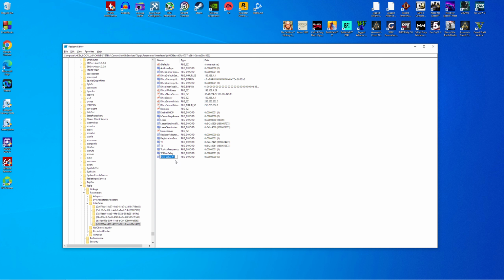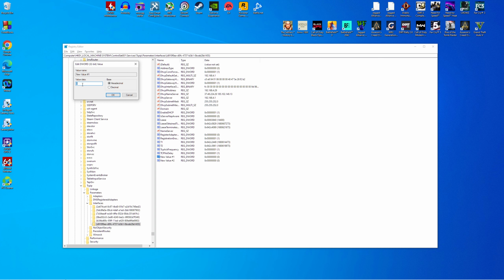And the first DWORD 32-bit value you want to name as TCPAckFrequency as one word, and then you want to add another DWORD 32-bit value, and you want to name it TCPNoDelay as one word again. And once you have these two, you simply double click on it and you change the value to 1, which means